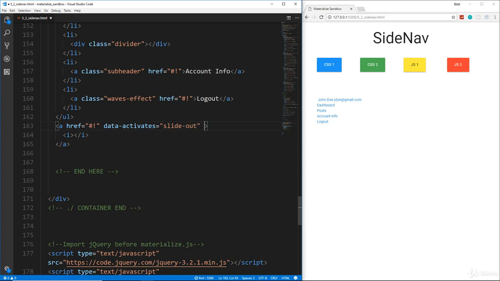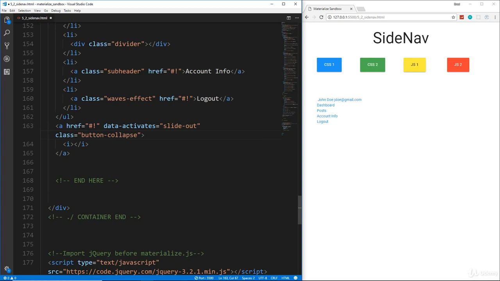All right, this also has to have a class of button-collapse, just like it did in the navbar. And then we'll have it wrapped around an icon. So we'll say material-icons, and we'll give this the icon of menu. And let's save it. So it's not going to work yet,